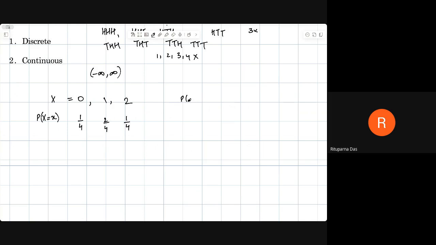Notice that all the probability P(X = x) is greater than or equal to 0, and the sum of P(x) is equal to 1 for all values of x. So this is xi, and i is from 1 to n. When we write the probability value for each of the random variable, that is our probability distribution, right? So this is a probability distribution,